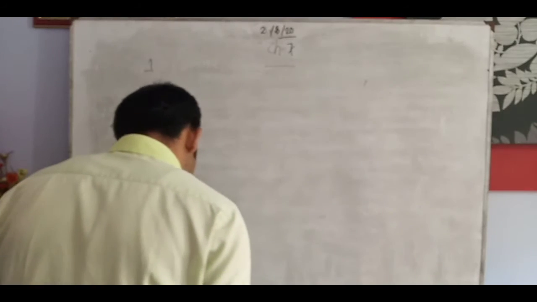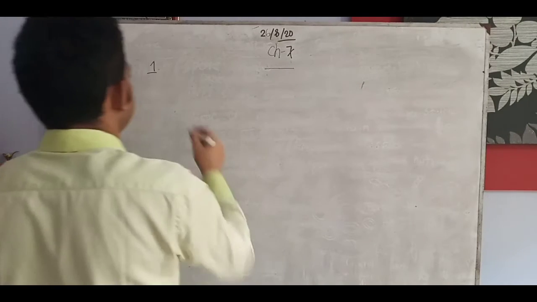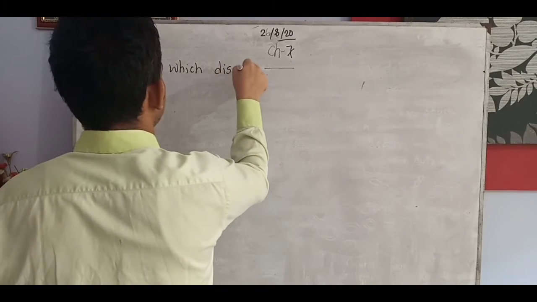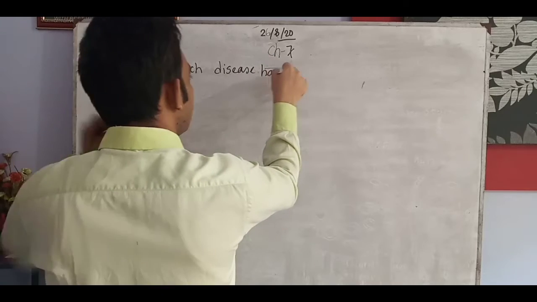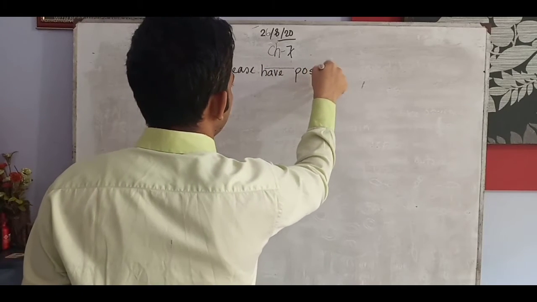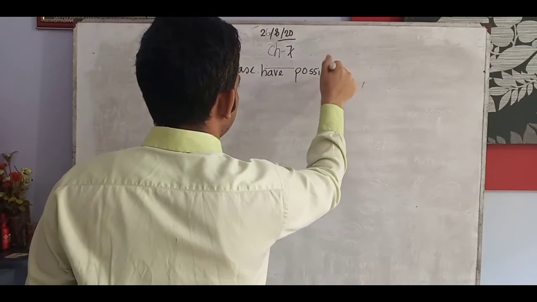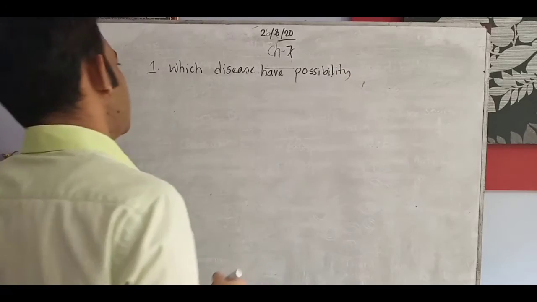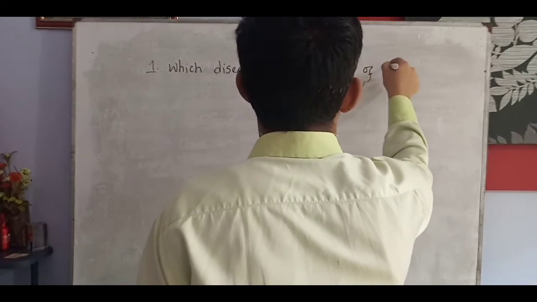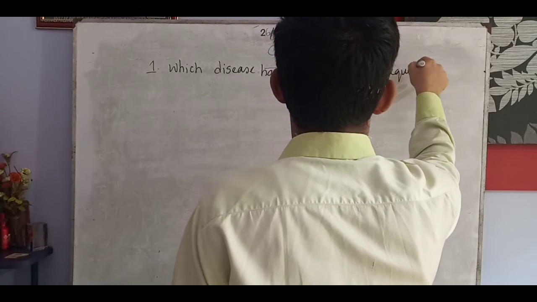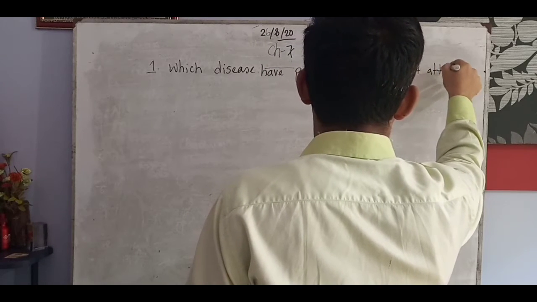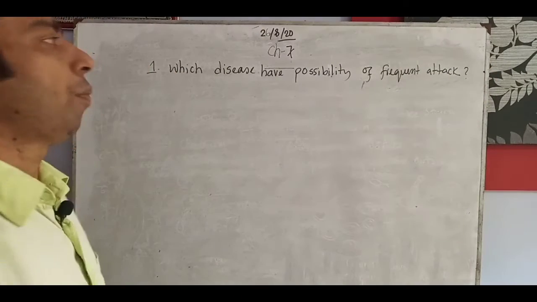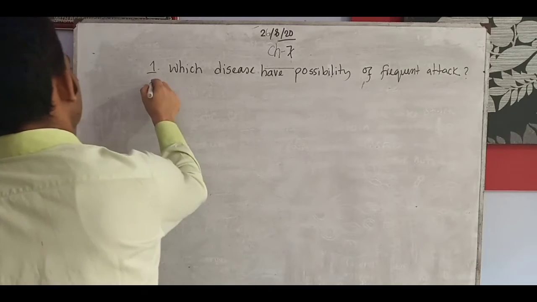Which disease has a possibility of frequent attack? This one is the first. And number two,